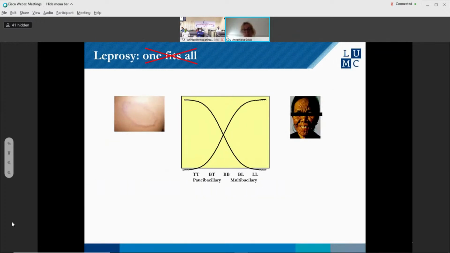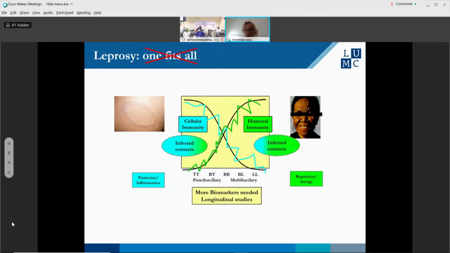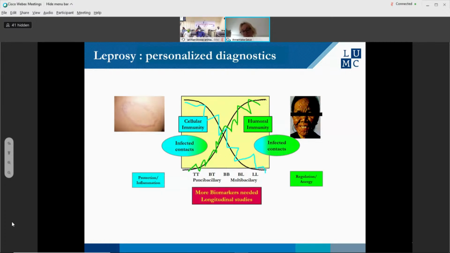And this is, for leprosy, very important, because for leprosy, it's not that one biomarker fits all. One biomarker cannot be specific for both those that are paucibacillary and those that are multibacillary, because there is a clinical spectrum for leprosy. And this is very characteristic. It may also be present in other diseases. It has already been shown to be slightly there also for TB, but in leprosy, it is very prominently present,